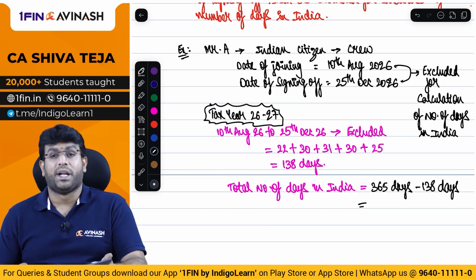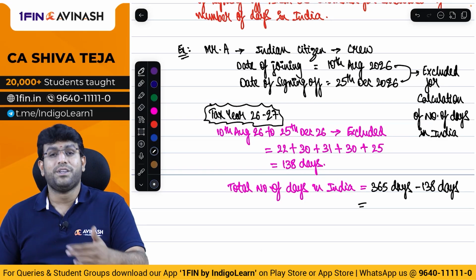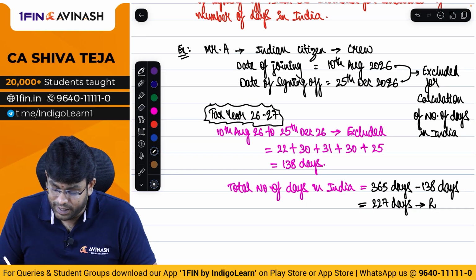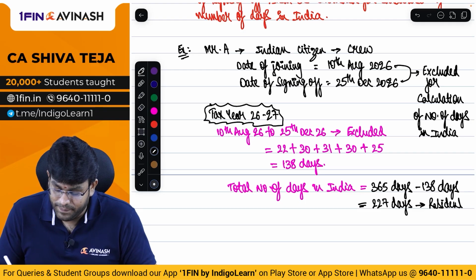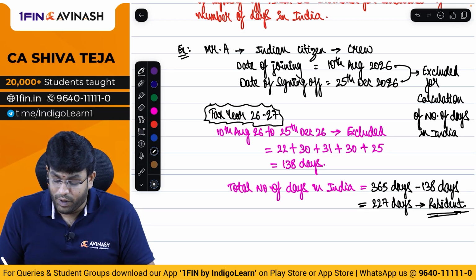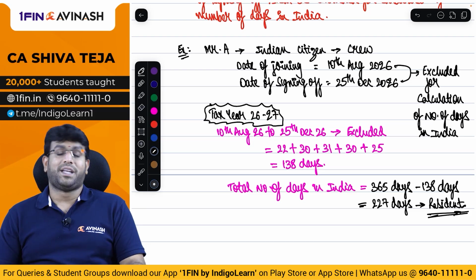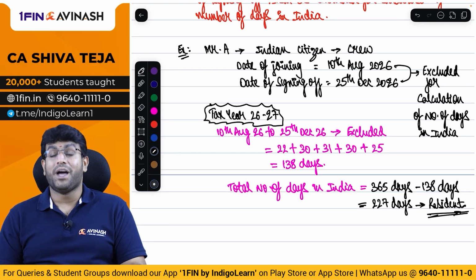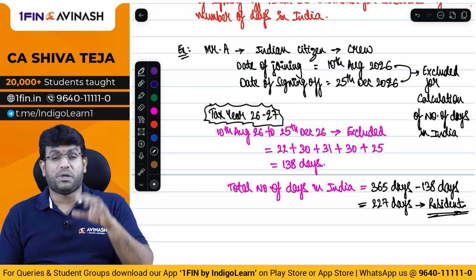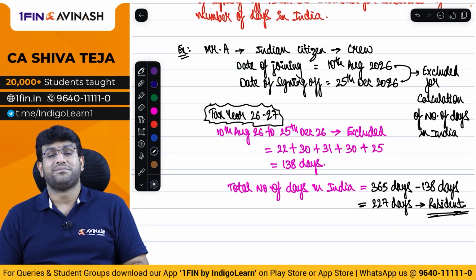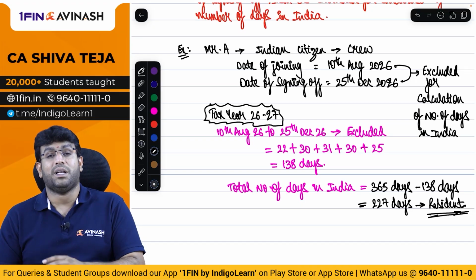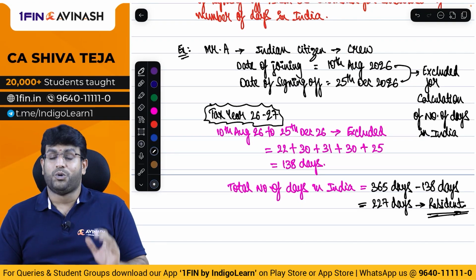In case of crew member, there is a different way of calculation which goes like this, my dear friends, which is 227 days. So automatically he will become a resident because he is in India for 182 days or more during the tax year. I strongly believe that we are getting very good clarity on this concept, especially after discussing the example. Starting you might have some confusion, I also totally understand that, but after discussing the example, tremendous clarity should have come, no doubt about it.